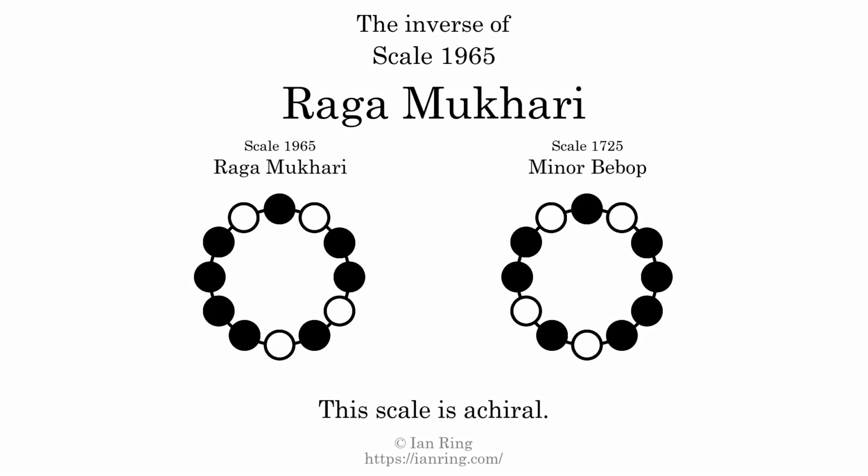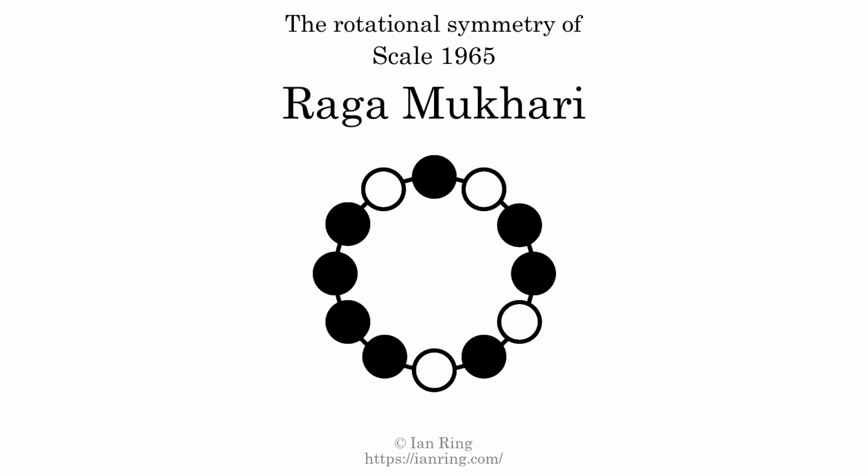The inverse of a scale is a mirror image. It is what you get when the sequence of intervals is reversed. The inverse of this scale is scale 1725, also known as minor bebop. This scale is achiral, since it can transform into its own reflection by a rotational transformation. This scale has no rotational symmetry. For even more detail about this scale, visit